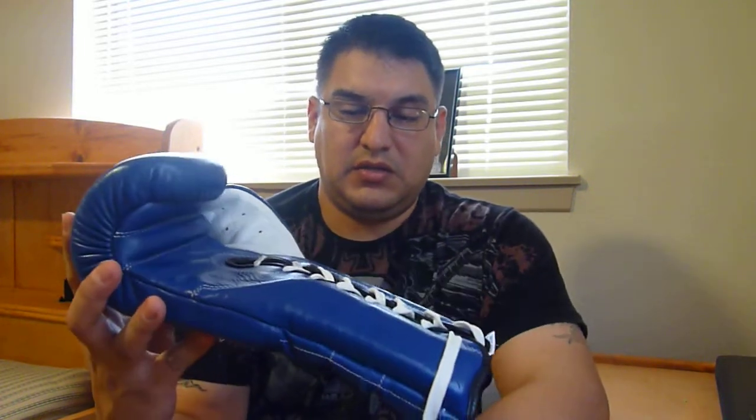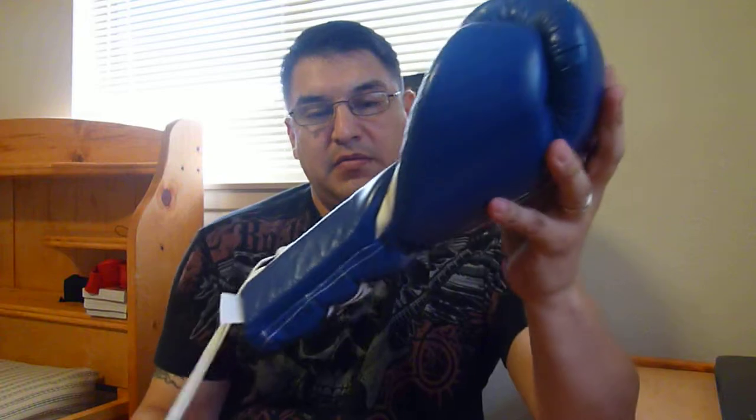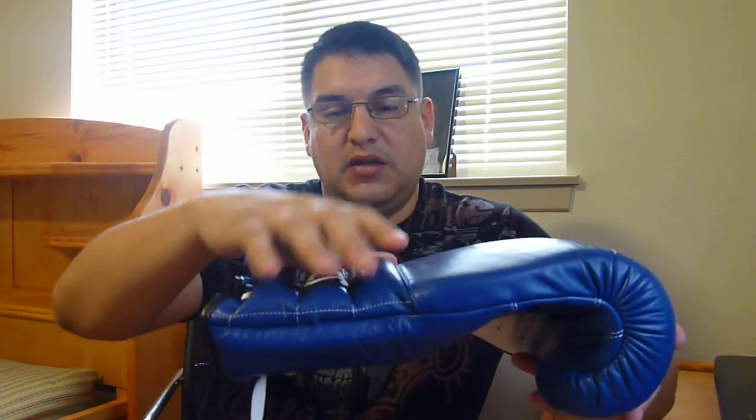However, there are 5 vent holes in the thumb, which do allow air to circulate through the glove, and it does help with drying it off. I'm not going to say it's the coolest glove out there in the market, because it isn't, but overall it's not too bad. The cuff area, the way it's stitched down, creates these 3 pockets of foam that do provide